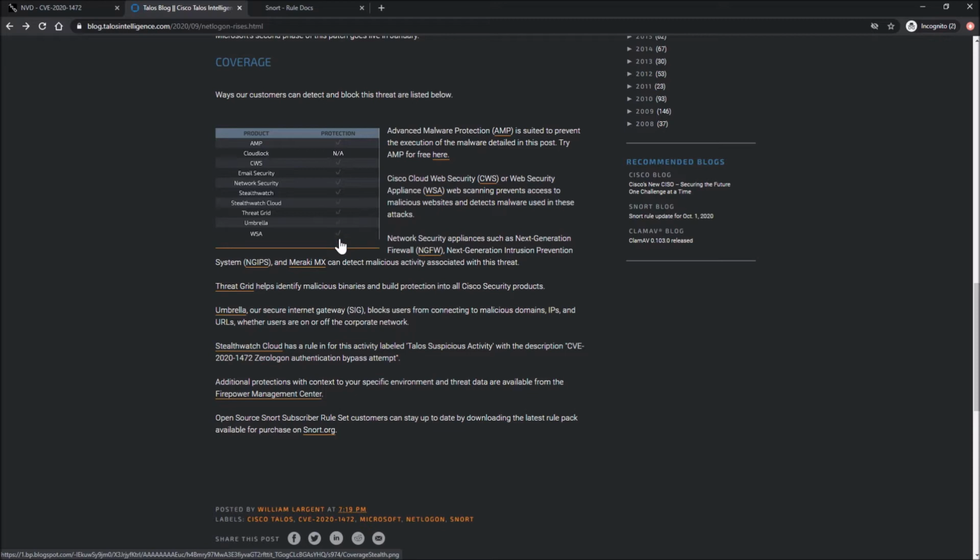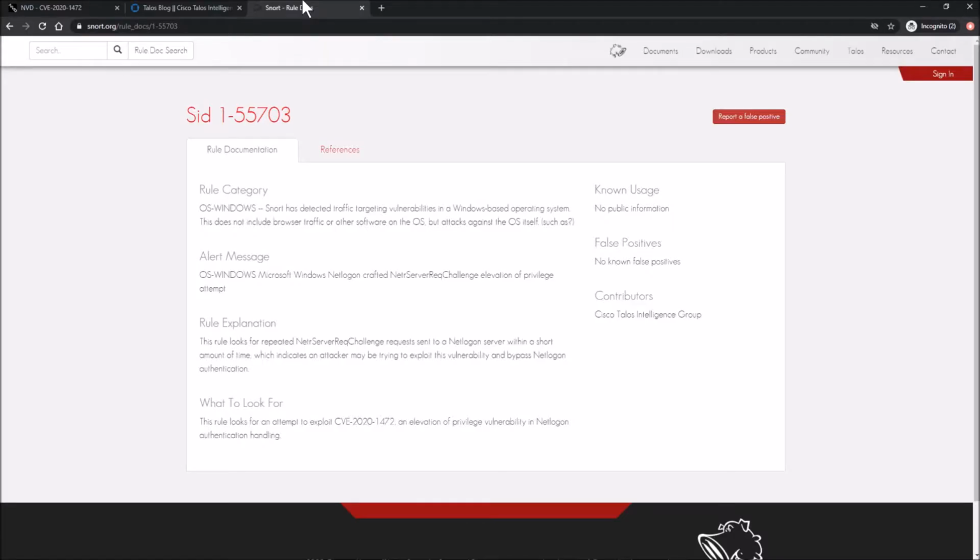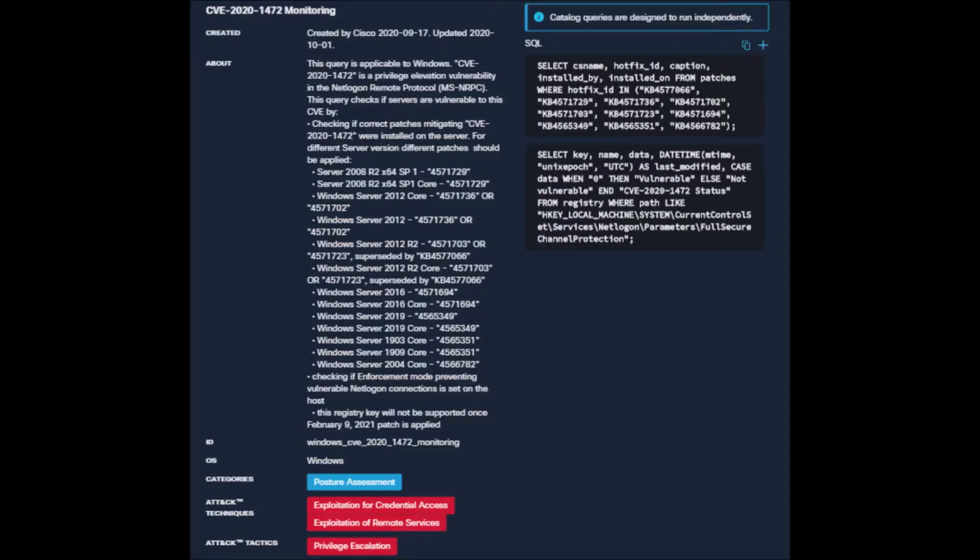Other capabilities are available on the Cisco side, you can see them here. They outline how you can use certain technologies to mitigate your risk. In this case, it's showing you a Firepower or Snort IPS signature that you can leverage to help minimize your exposure to this threat. So the goal here is to use Orbital now to determine whether or not we're exposed